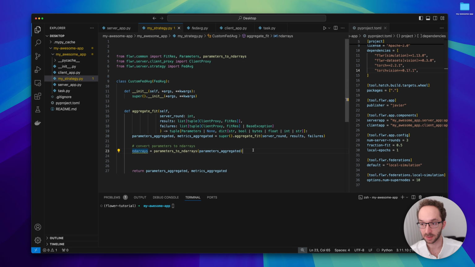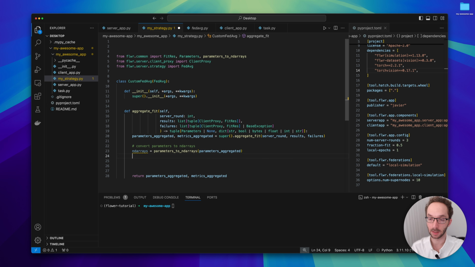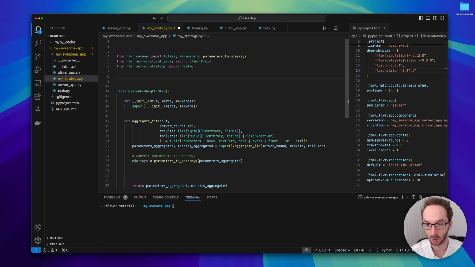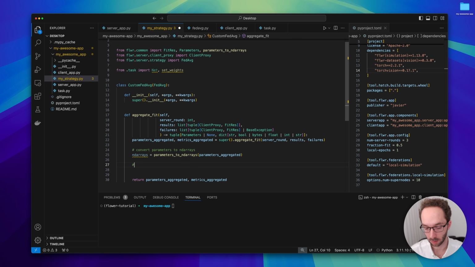Going back to our strategy, first we want to instantiate our PyTorch model. So for that, I'm going to import the relevant functions. From task, import Net. We are going to import also the set_weights utility function. Instantiate model